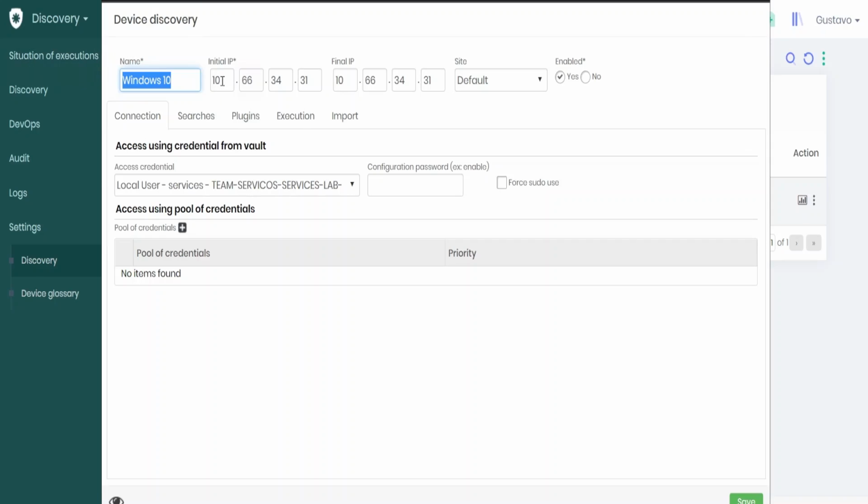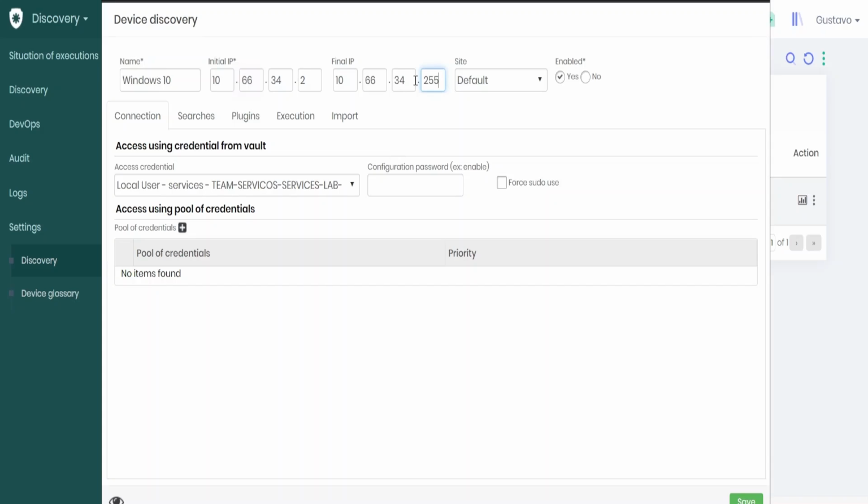This next field is incredibly important because it creates a range for your discovery. Since I'm looking for a single device, you will see I use the same IP address for both the initial and final IP. But instead, you may be looking for all devices within a single network. In that case, I could type 1 in this final box, or maybe 2, and ask it to go up to 254 or even 255. If you do that, Senha Segura will look for all devices within your network according to the protocols you will create shortly.